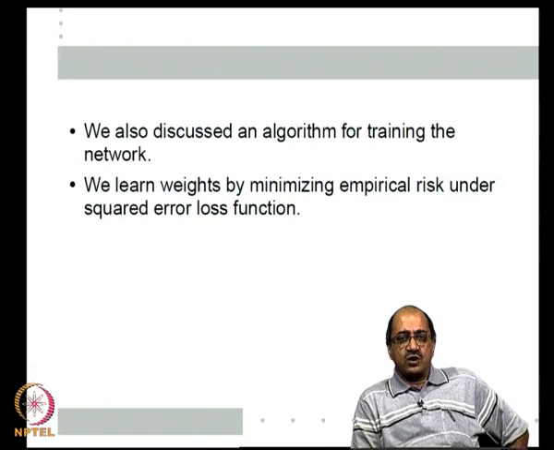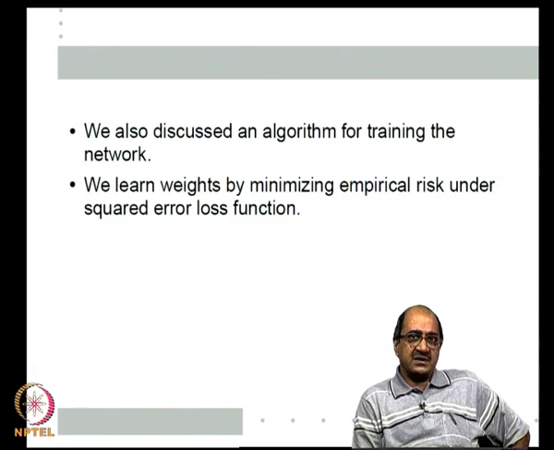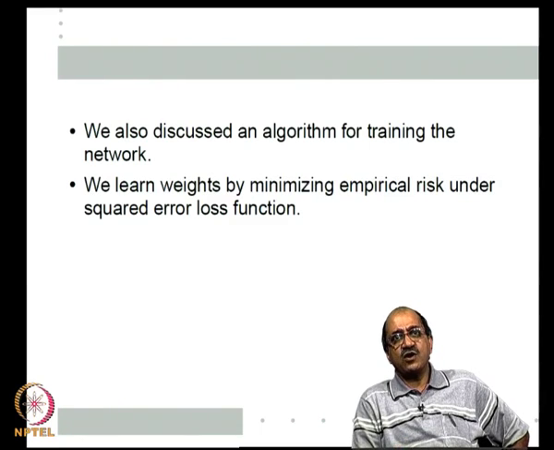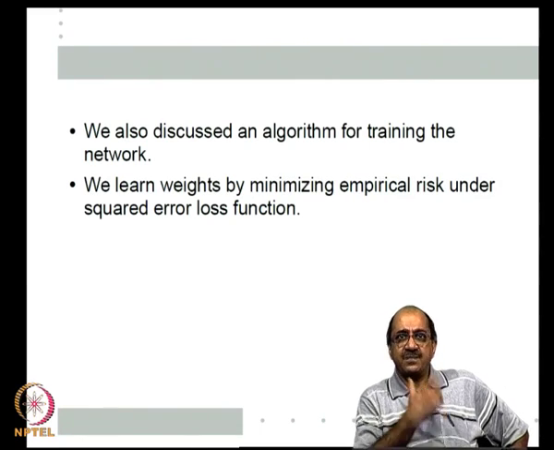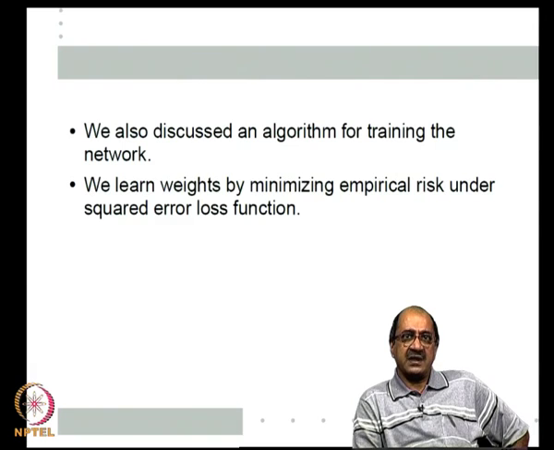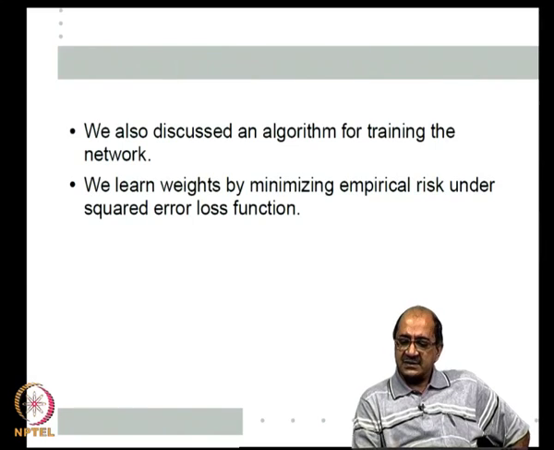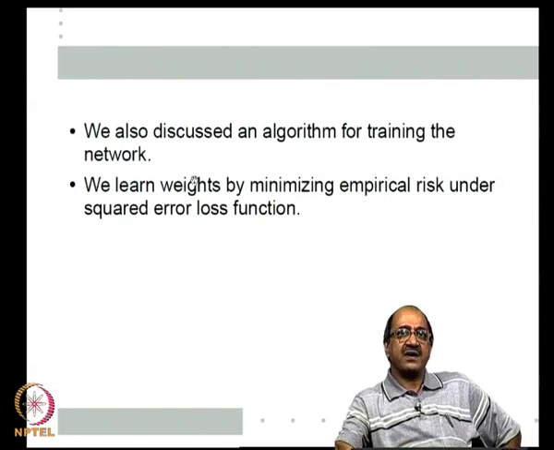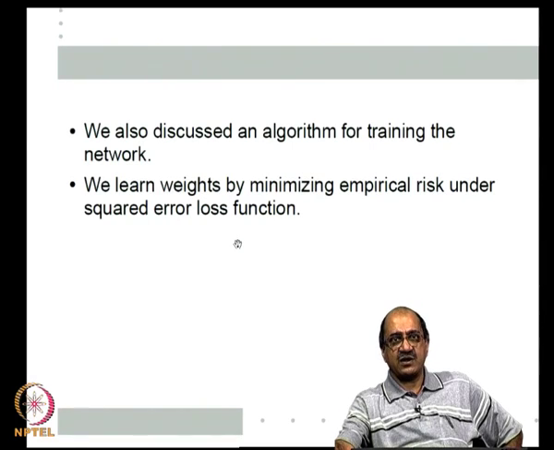Then we have chosen the square error loss function. The loss is the square of the difference between the output of the network and the desired output. We choose the empirical risk of this, that is, sum the square error over all the examples and minimize that over the weights. So, we want to find weights to minimize the empirical risk with the square error loss function,